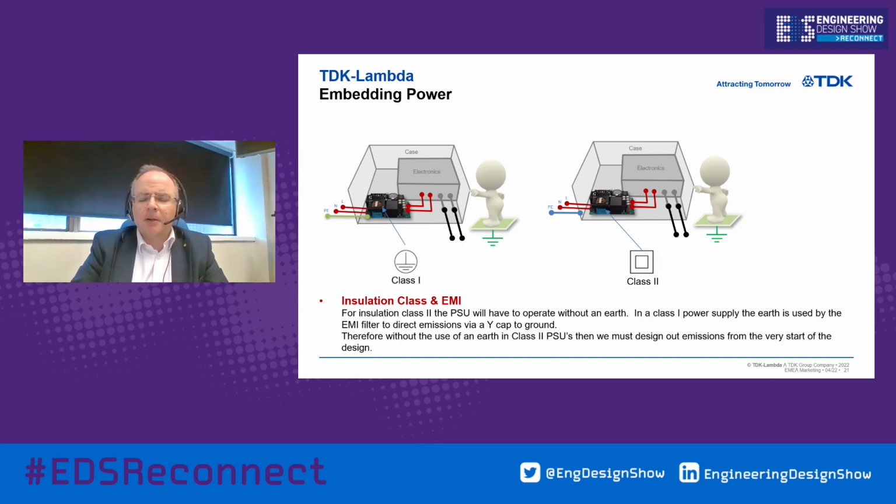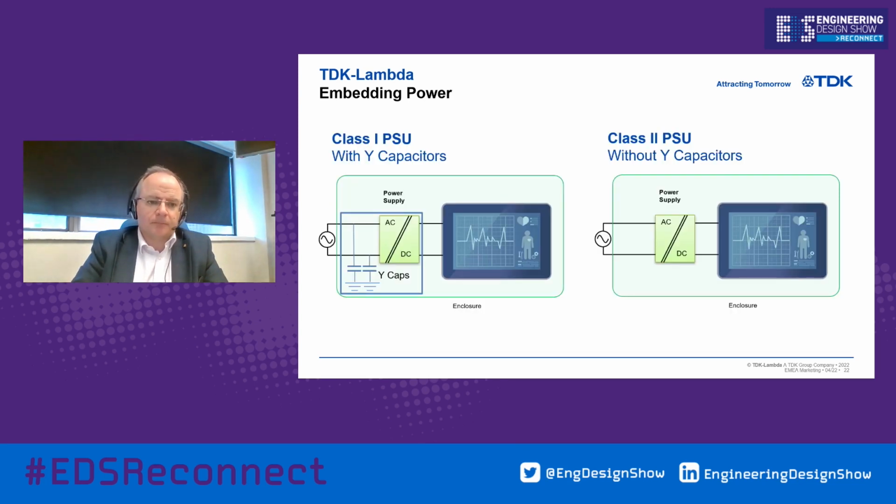In addition, medical equipment also has to ensure emissions are below limits set by EN 55011-B. However, it is quite a challenge to achieve both. Allow me to explain. In class 1, the power supply's EMI filter can use the earth to direct the EMI emissions via a Y capacitor to ground. This means for class 2, where we have no earth, we cannot use this method to reduce